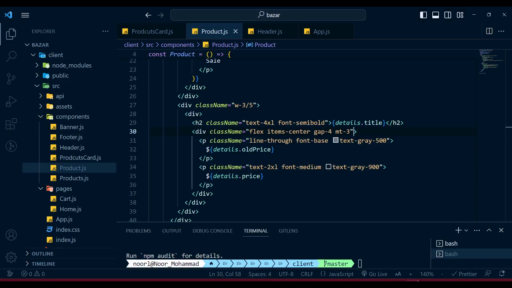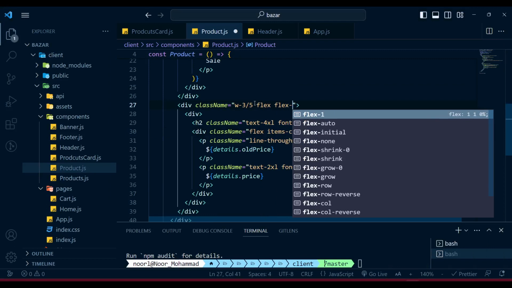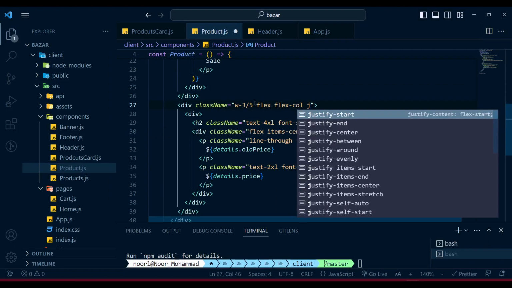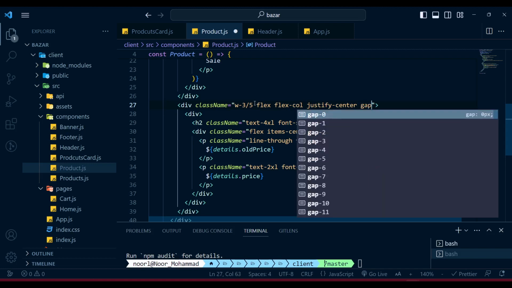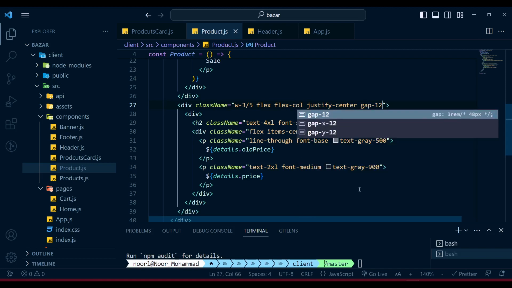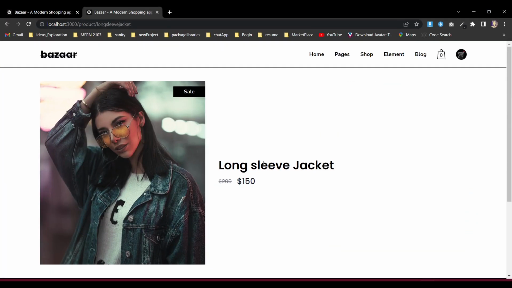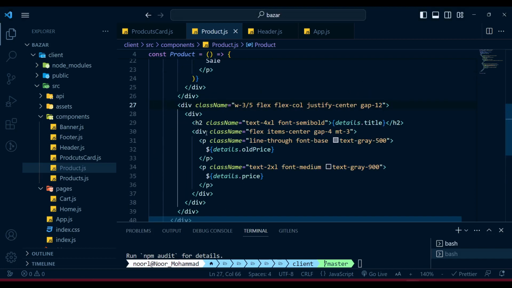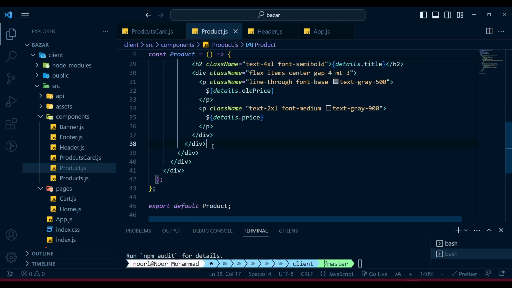Now it looks better. And also in the top level over here, I'm gonna make it a flex. I'm gonna make it a flex column, and also I'm gonna make a justify center, and the gap will be 12 to make it look a bit downward, looks better. So now after having that one, we need to also, like this 2 is there,